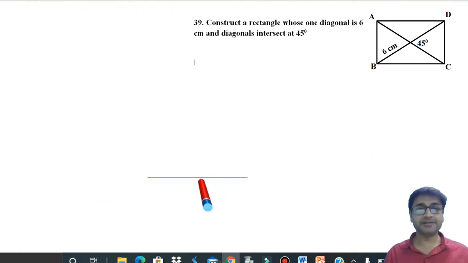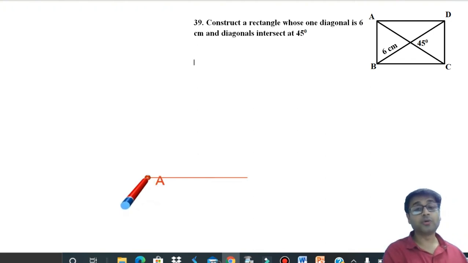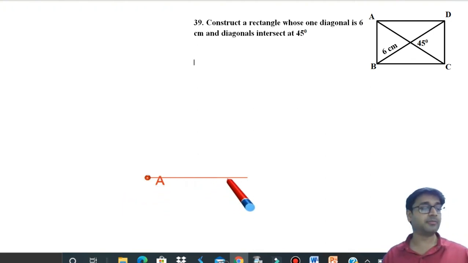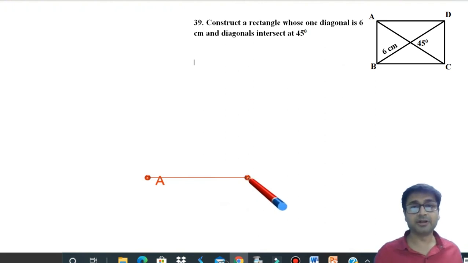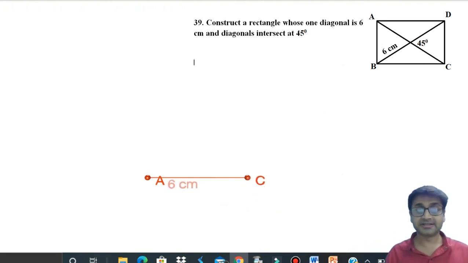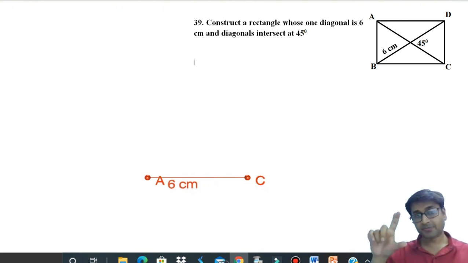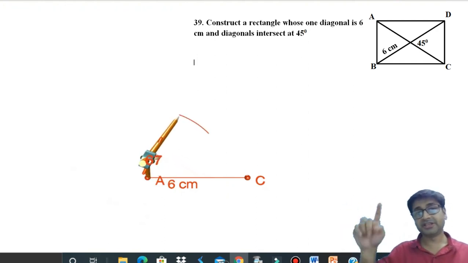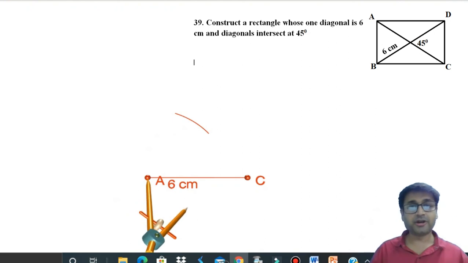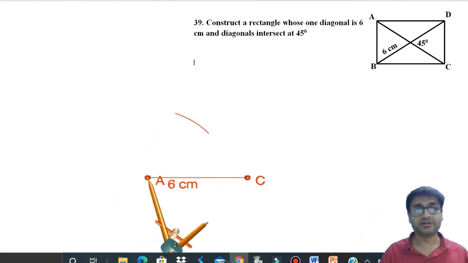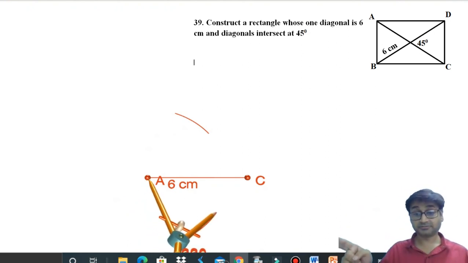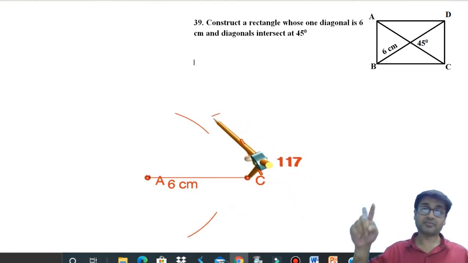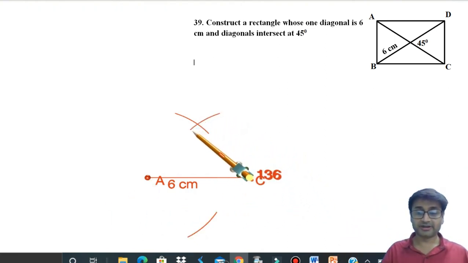Let's name it as AC, which is given to you already as some measurement, and both the diagonals are going to be equal. Remember that, that's the main property. So the diagonal is 6 centimeters. So I'm taking AC as 6 centimeters. Bisected, perpendicular bisector. So keep your compass on A, cut an arc more than half up as well as down. From C up and down, join it. Come on, enjoy it on your own. I'm not giving any instructions any further. So up and down. Now on C, up and down, join.